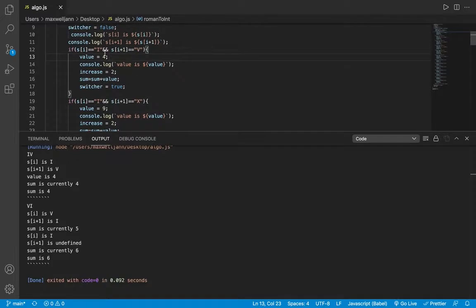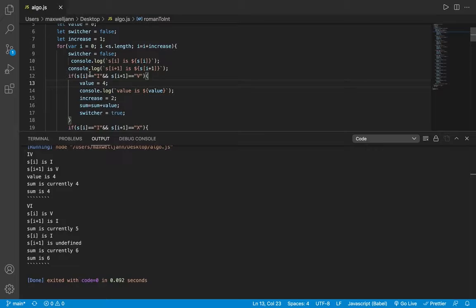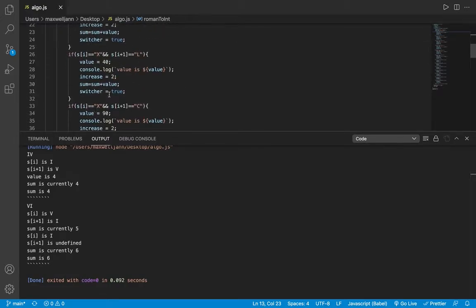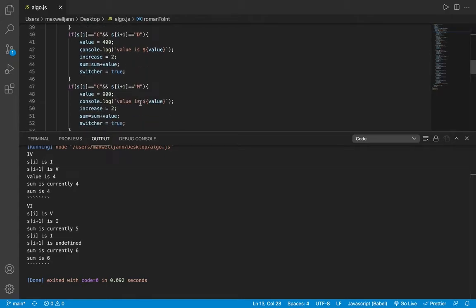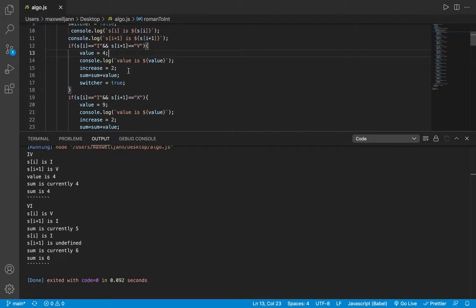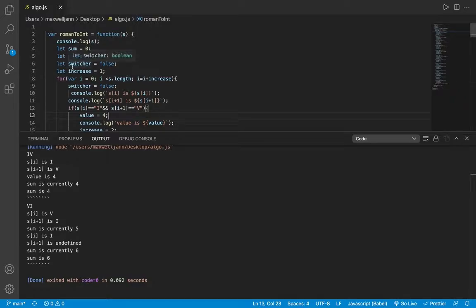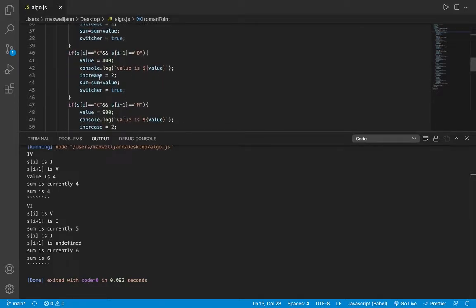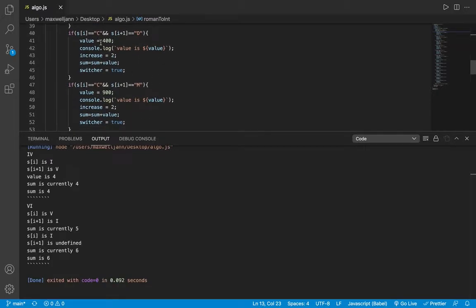Okay, so basically what I'm saying is look at these edge cases, and if the I is before the V, or the I is before the X, or the X is before the L, and the X is before the C, if any of these are happening, change my switch to true, because originally the switch is false. But then I'm saying go through each letter, and if the letter is ever an I with a V after it, or any of these cases, change the switcher to true and the increase to 2, and I'm just hard coding the value into it,